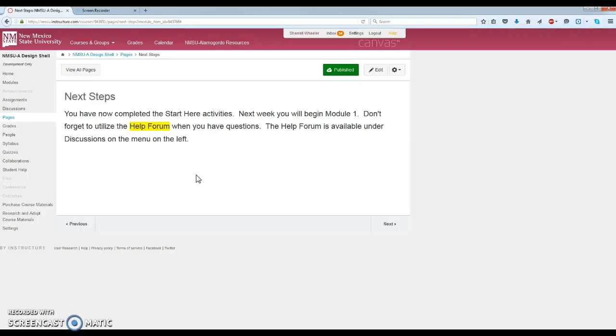Sometimes the problem is that once you get the shell set up, you as a faculty member forget that you need to go through and update it each semester and make sure that all those links work. But I hope this gives you a good example of how you can utilize a design shell or template to help in meeting the Quality Matters standards, but also help your faculty be more successful in designing a course.